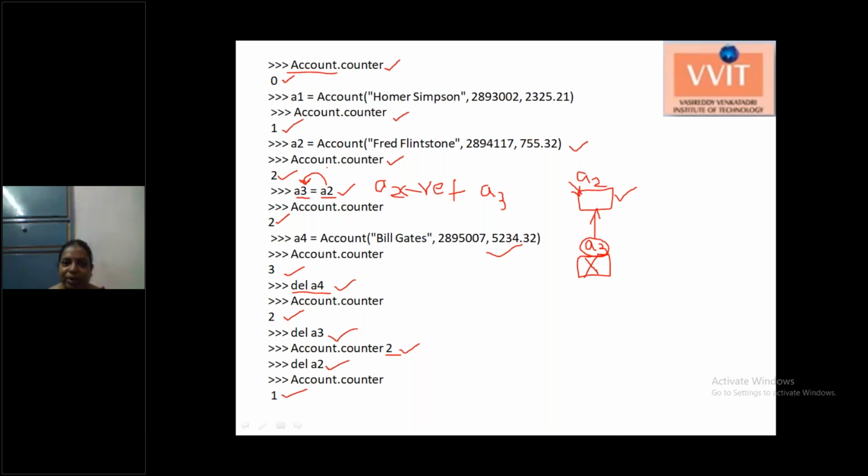So this is the execution of class variables and object variables. Object variable values are different: for the first object, Homer Simpson, second object, Fred Flintstone, and third object, Bill Gates. But for all these objects, the counter value is shared by all the objects.